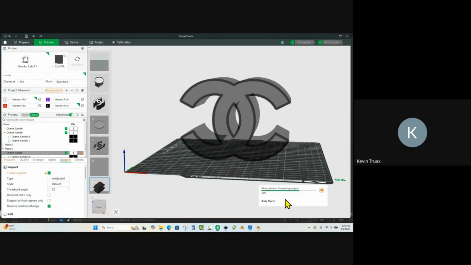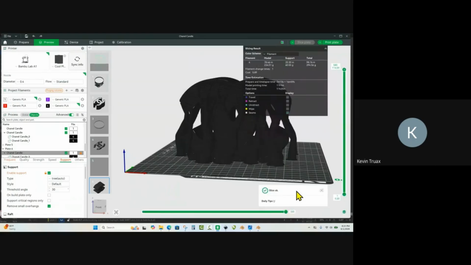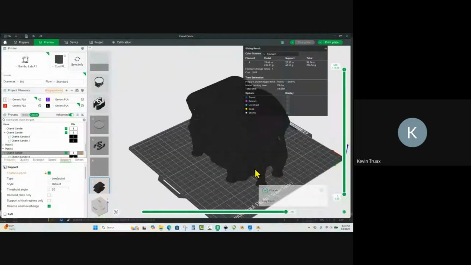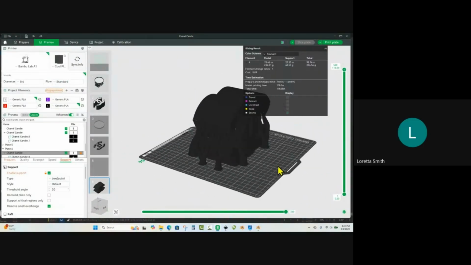And you can tell right here, see where it says it's generating support, but it's bogged down. That's a good indicator right there that you're going to have a truckload of supports. So really probably the only, 11 hours. So you can do it, but